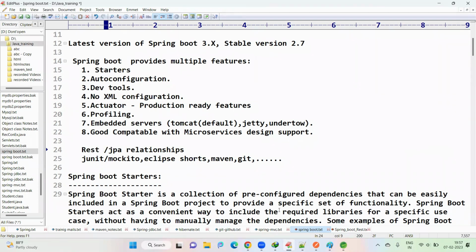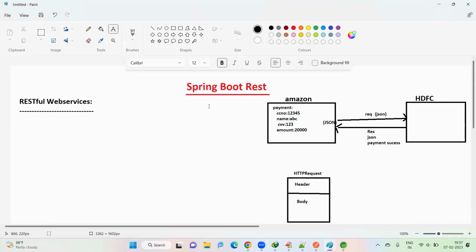So first we will discuss today what is REST API, how to use, when to use, what is the purpose for that. So before going to Spring Boot REST API, we'll see about RESTful web services. What are RESTful web services? Why we need to go for RESTful web service? Before RESTful web service, what are available? Before REST, there is SOAP-based